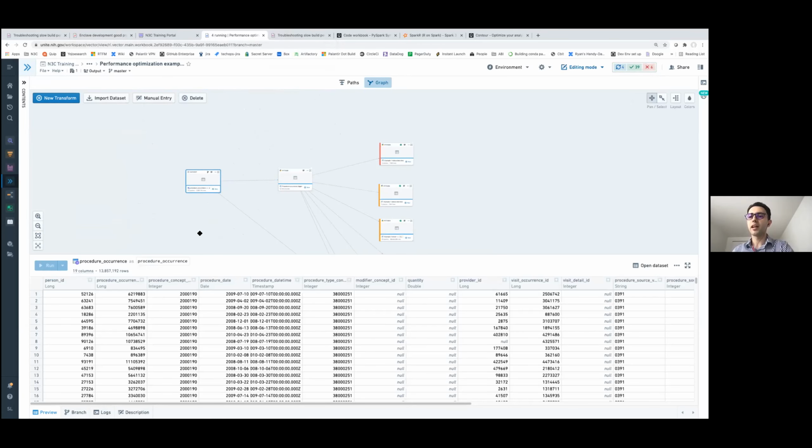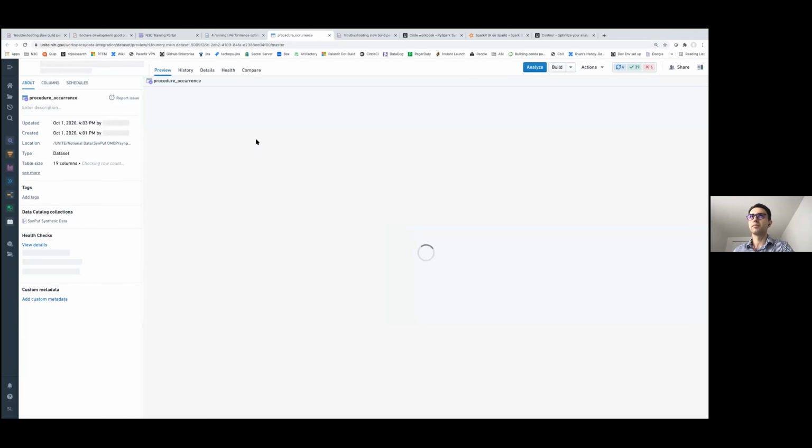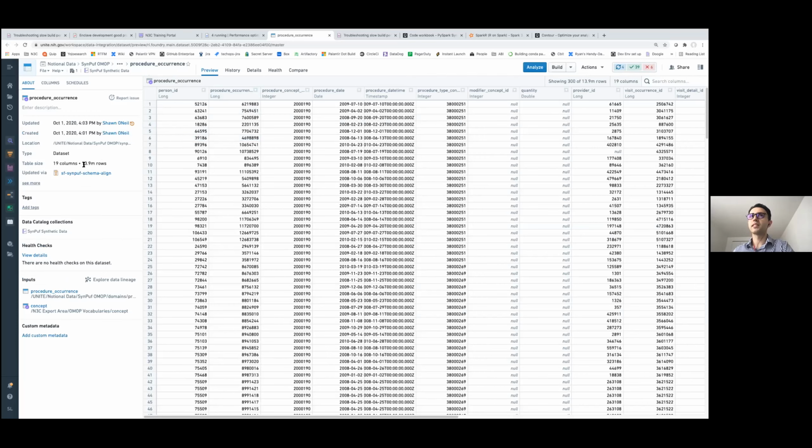I'm looking here at the notional SIMPOF data, and we have a data set called procedure occurrence, which records the procedures. If we open this data set, we can see it's 13.9 million rows. I'll get later into how it's saved and partitioned.